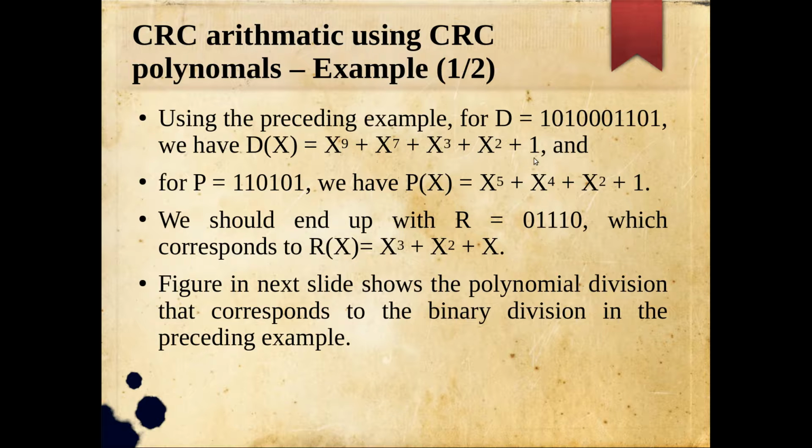And you are supposed to multiply this with 2 power n minus k, or n minus k zeros you are going to append. What is n minus k? Your pattern is how many bits? 6 bits, so 5 zeros, because the pattern you are choosing is n minus k plus 1 bits. So n minus k is now 5. So 5 zeros you will be appending, or equivalently when it comes to polynomial, we already saw that you will be multiplying this d of x with x raised to 5. So this is x raised to 9 and x raised to 5, that is x raised to 9 plus 5, x raised to 14, again into x raised to 5, this is x raised to 12,